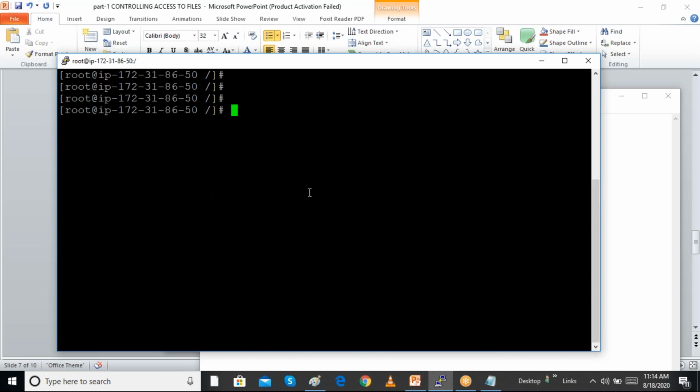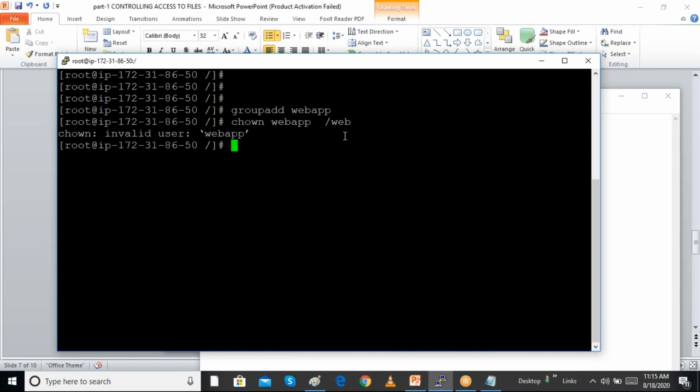I am doing two steps. First I will add a group called web app. Then I change the folder's group ownership to web app.